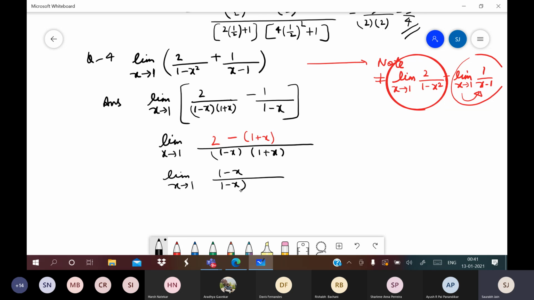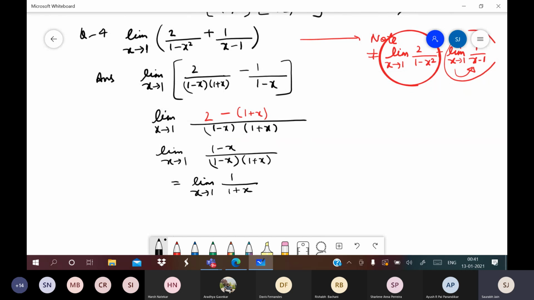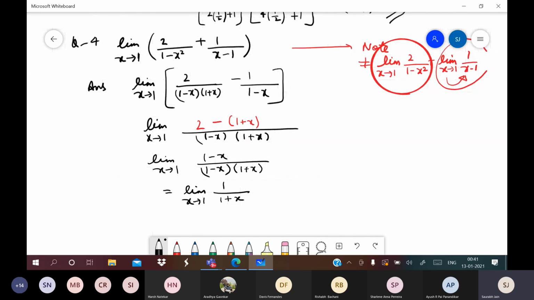See how good this question is, because after doing all these manipulations, we get a common factor. It changes into a single term first, that is important. And also we get a common term, and after cancelling it and seeing that there is no more common term, okay, you put this value here and you get 1 by 2. Okay, this is how we evaluate limit, right? This is how we evaluate limit. So important question.